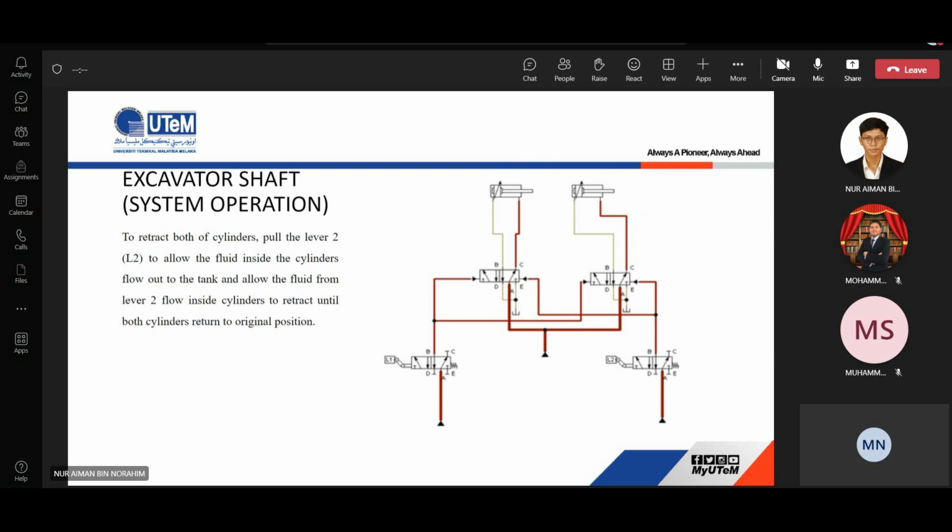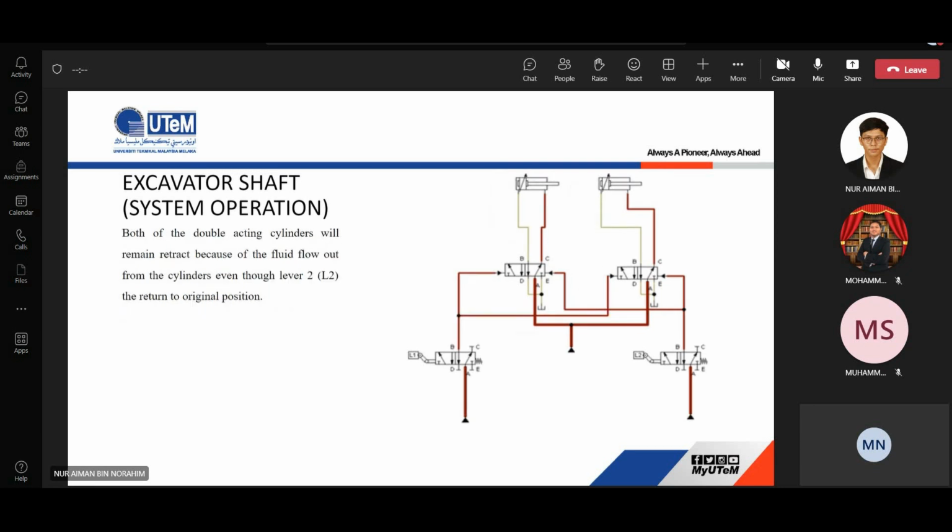So to retract both cylinders, pull lever 2 or L2 to allow the fluid inside the cylinders to flow out to the tank and allow the fluid from lever 2 to flow inside the cylinders to retract until both cylinders return to the original position. And both of the double-acting cylinders will remain retracted because the fluid has flowed out from the cylinders even though lever 2 or L2 returns to